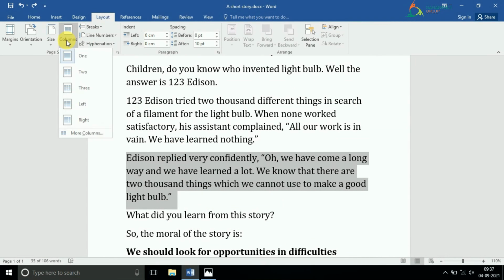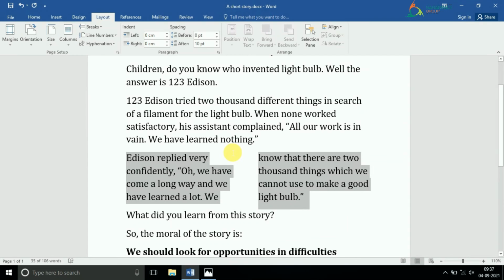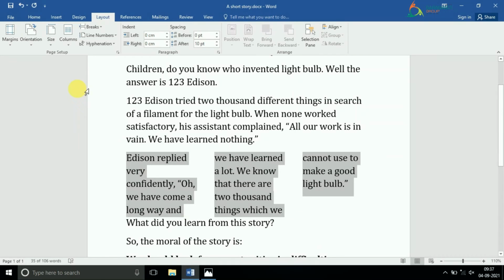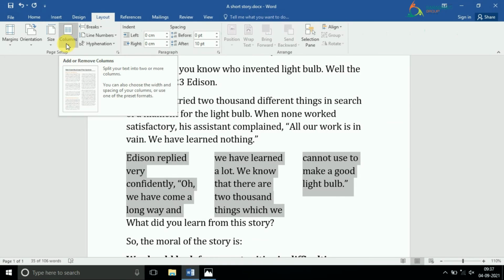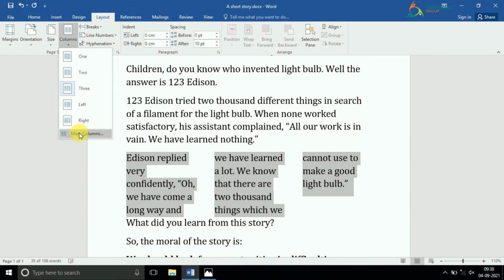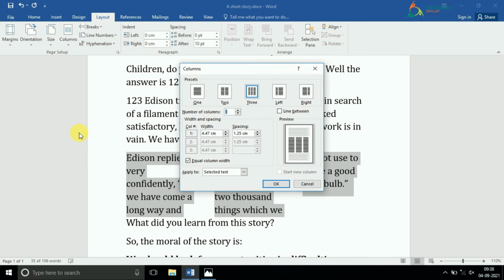I will choose the column option, from which first I will choose 2. So you can see that my text, which was written in one straight line, has been divided into 2 columns. Right? If I do 3, then you can see that the text has been divided into 3 columns in a newspaper manner. But in your textbook it is written that you can also select the more columns option. So as soon as I select the more columns option,